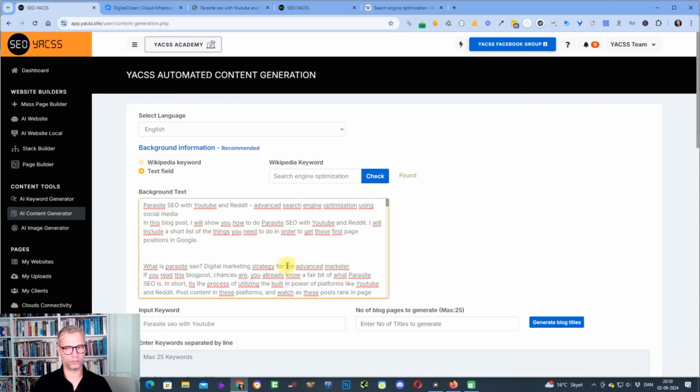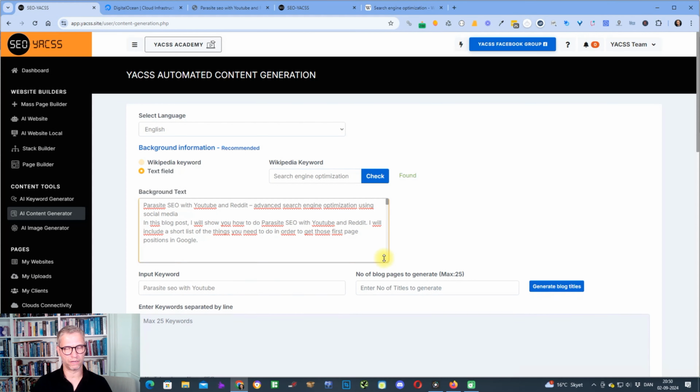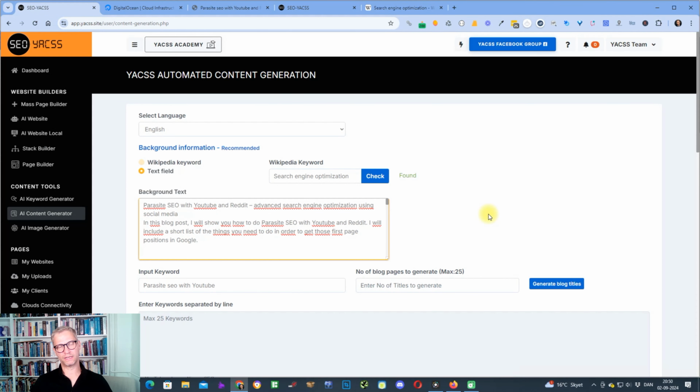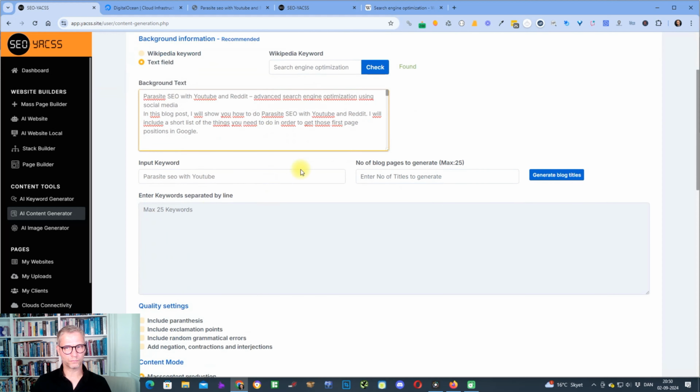And that's exactly what I do, because when you're inserting this background text, it's not a training per se, because we're not training the large language model here, but we are giving it background information within the context window that we have. We're also telling it this is the style that I write in, and these are the facts that I want you to keep in mind. So with that being said, my input keyword will be Parasite SEO with YouTube,